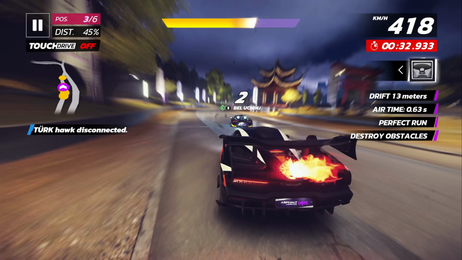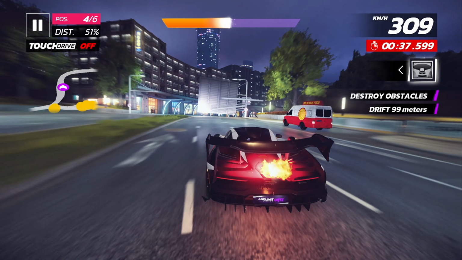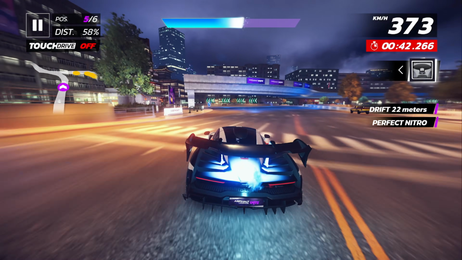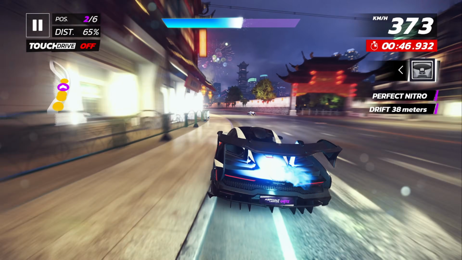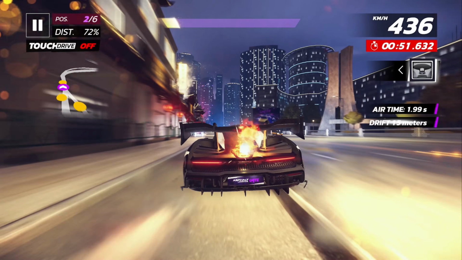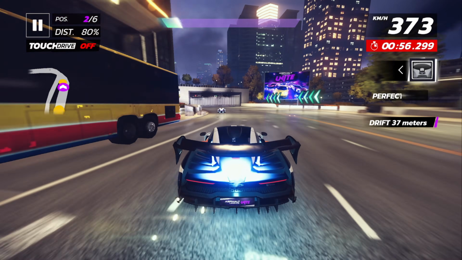The handling, however, makes wonders on twisty tracks where you can pull some wins against faster cars thanks to the godly way this Senna drifts, keeping speeds of around 330 km per hour in most corners where a drift is required, because let's remember, despite you will see me drifting in some corners, the McLaren Senna can take many of them without the need of drifting at all, just by steering and using perfect nitro,